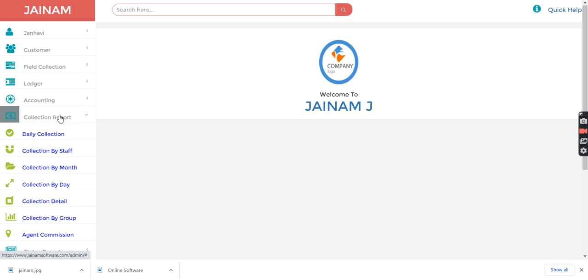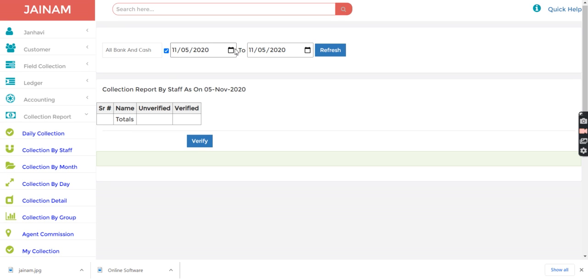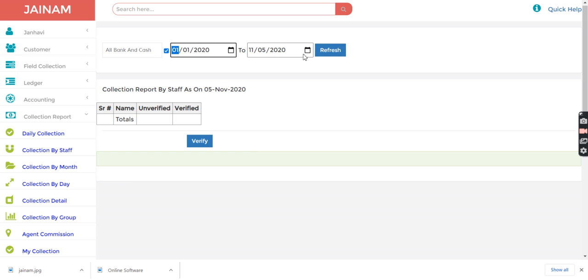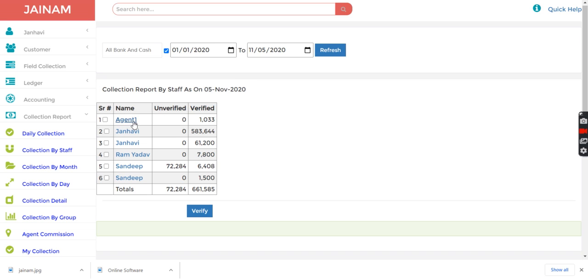So from the collection report I will go to the collection by staff, and from here I will select the date range option, and for example let's say I want to check my 1st January 2020 to till now. I want to check all the details. So here you can see all my staff and admin done all the collection, and if you click on this